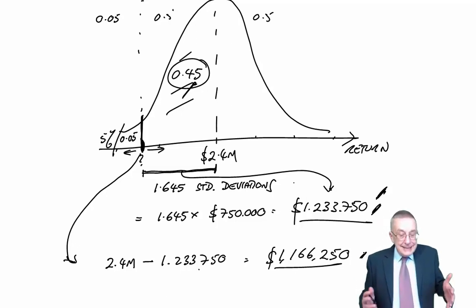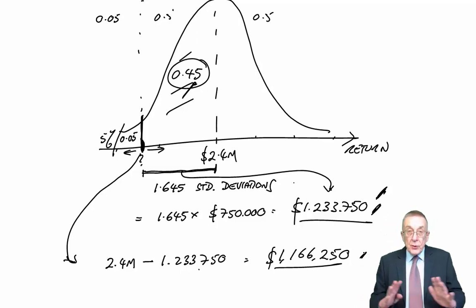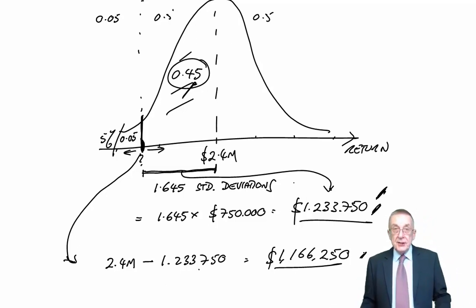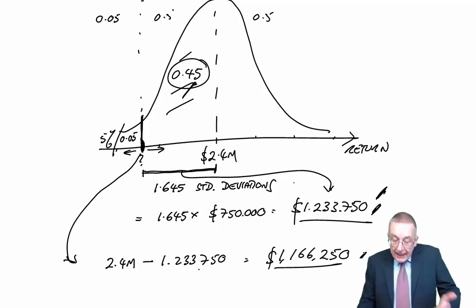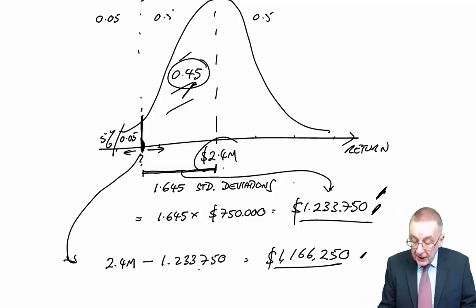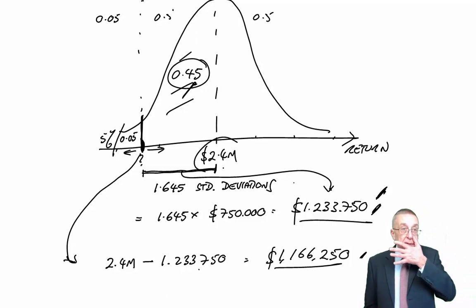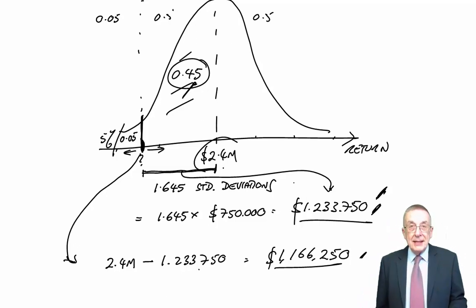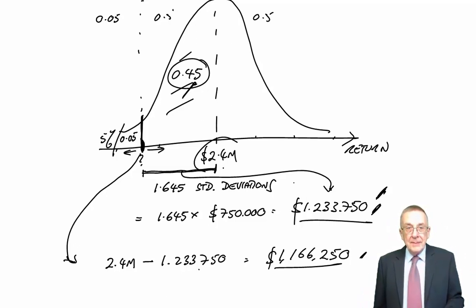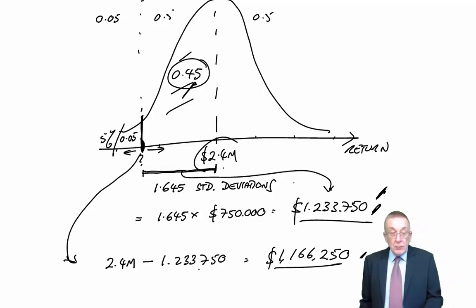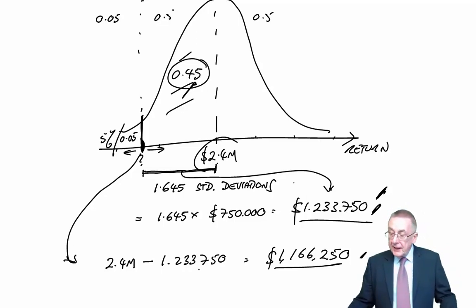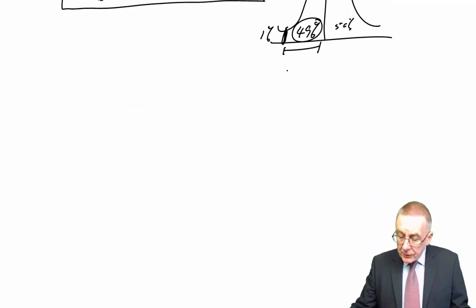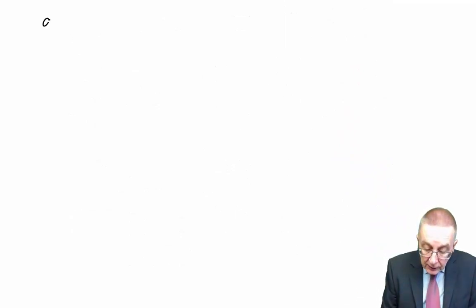Well, it's exactly the same logic, so I'm not going to draw the picture again, but we assume it's normally distributed. The average, it's 2.4 a year. Well, I'll write it down in a minute, but over 6 years, it'll be 6 times that. And for 95% confidence level, 1.645 standard deviations away. However, there's one little trick here, one more thing to learn. First of all, over 6 years,